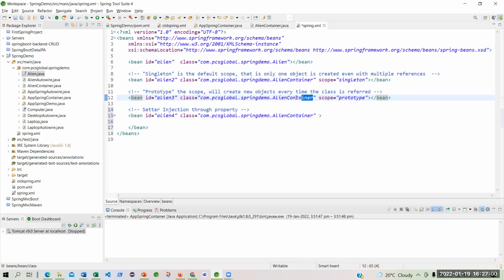Now that is the question. Can you refer to the same bean once with a scope of singleton and once with a scope of prototype? Can you do that? Then at that point, you are trying to confuse the compiler or the runtime engine. If you try to act over smart with the compiler, the compiler will just shut the door for you. That means it will say, I'm not going to work, because you are trying to confuse me, I will give you lots of errors.